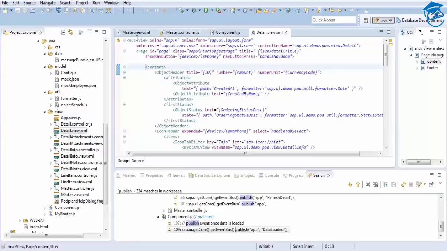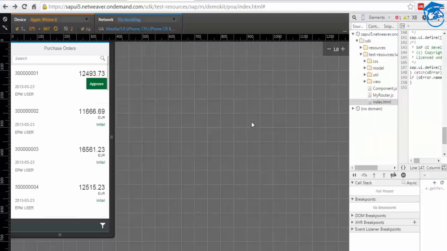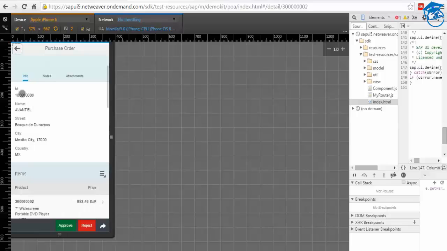So once it is detail view.xml, then we have here, this is how a detail page is. We have a controller name, and then we have a page. Inside this page we have the content. The content is object header. So we're going to see the page first. Once we click on any of the detail page, once it's clicked, we have something called